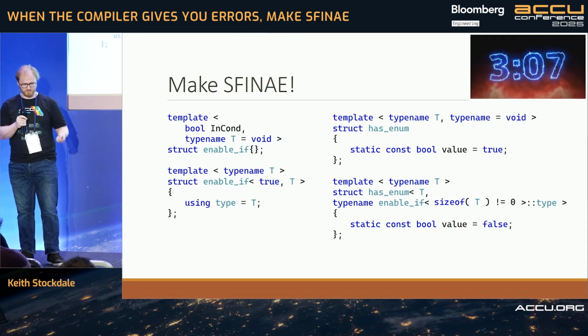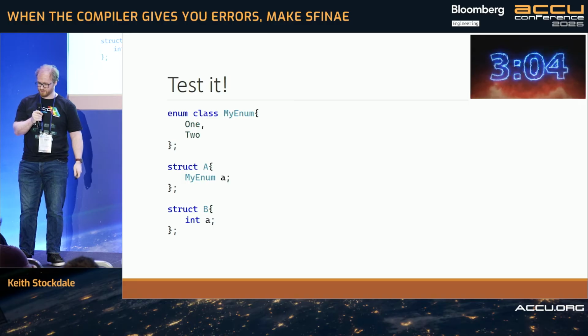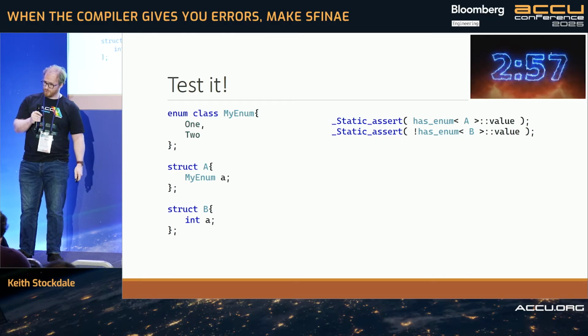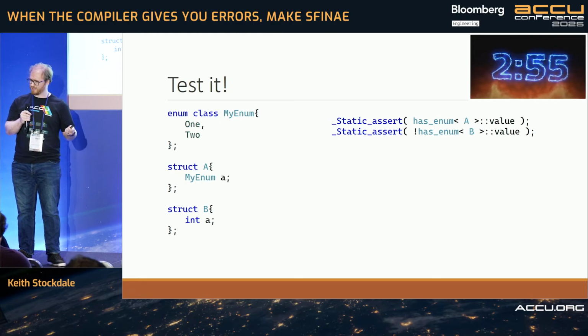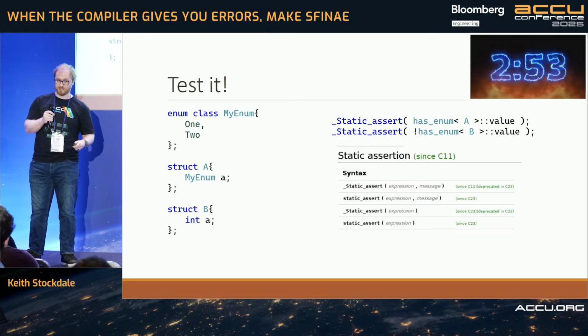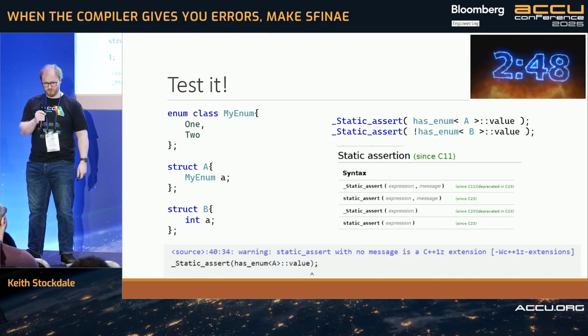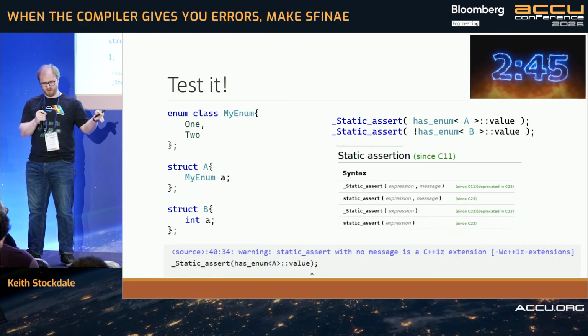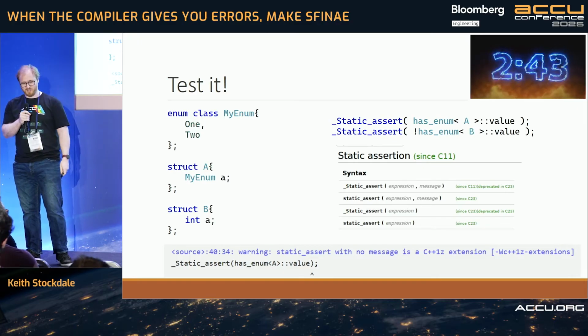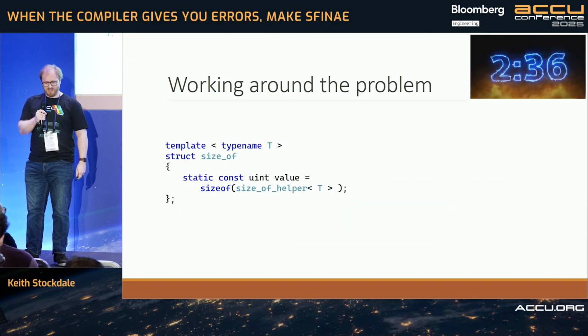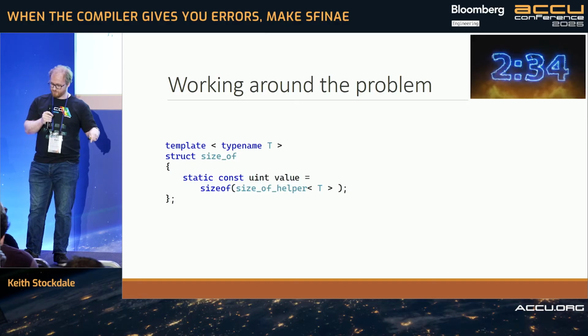So that's pretty good. Then we go off and test it, because we're good engineers. We make a test struct that has an enum and one that doesn't. You write some static asserts. That might look a bit weird to some people, because we didn't get the C++11 static_assert. No, we got the C11 static_assert. And this is further confounding, because whenever you write it like this, you get a C++ error saying that we're not allowed to write this without a C++17 extension because we've got no error message. So, more or less.